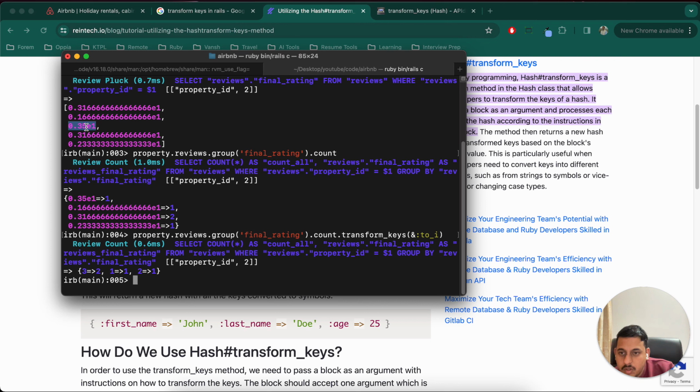This is 4. It should have been 4. This is 2 is correct, and this is also correct. Okay,